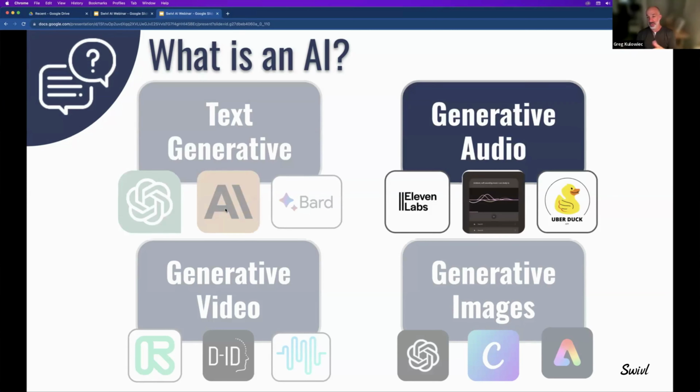So 11 Labs will let you turn text into audio in any voice that you want. The middle one, that's MusicLM from Google. They will allow you to do a text prompt to get a music output. And if you think about blending these things together now, and I'll give an example of this a little bit later, you can essentially use AI to help create a podcast where you can interview an expert, you can make bumper music, you can make these creative outputs, and it's not just text. We might layer the text output with the audio creation.